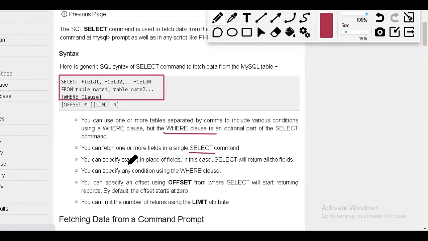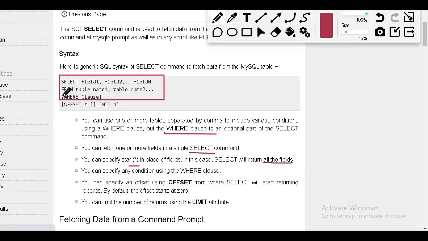And in this we are using a special character called asterisk, which says that you are going to return all the values. If you want all the fields, I don't want to mention any particular column name. I'll be using the asterisk, that is the star, with my select. So when I say select star from so and so table, all the records will be displayed on the screen without using any fields.